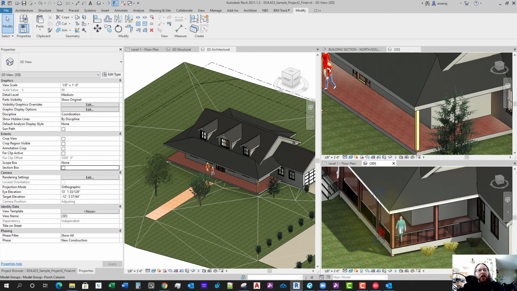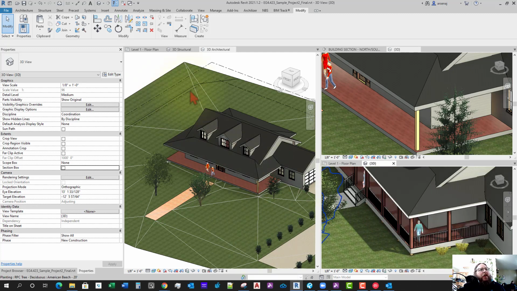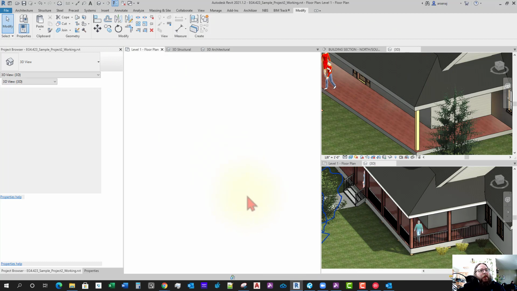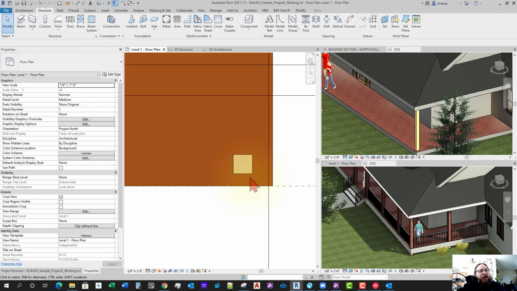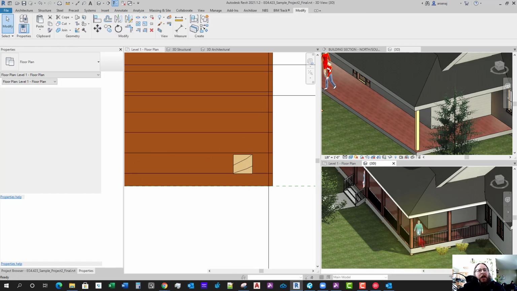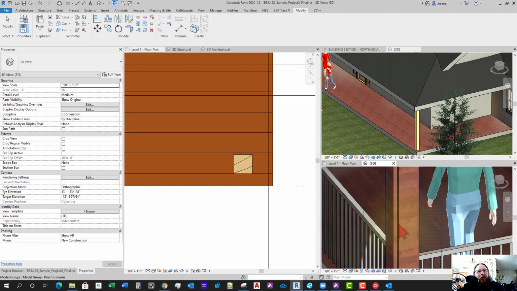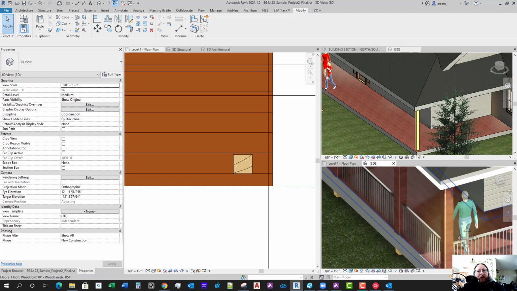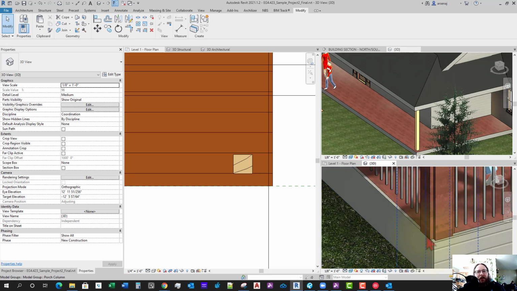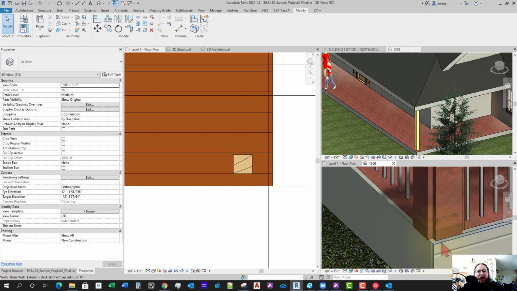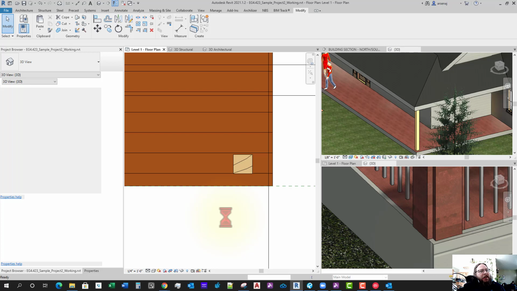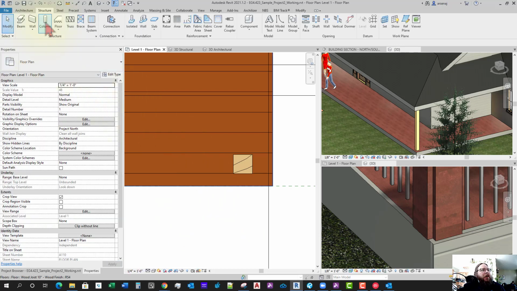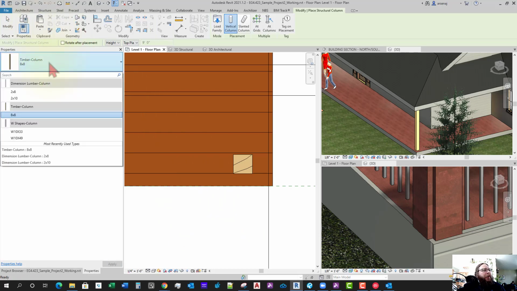So you can see I have columns spaced throughout here. So I'm going to go back to my floor plan. And so what I did here is I placed another column. I wanted the look of a column that has some of these edges on it, so you can see that it's got these notches at the corner. So how I achieved that was by going to structure, placing the column, and then I placed